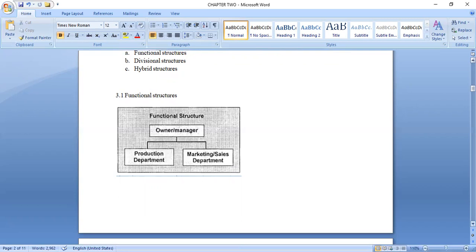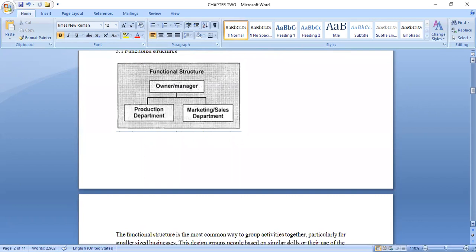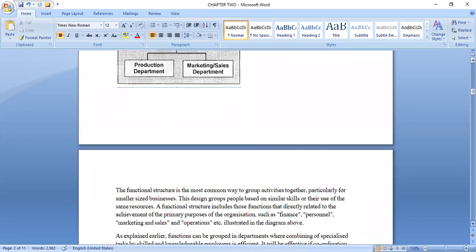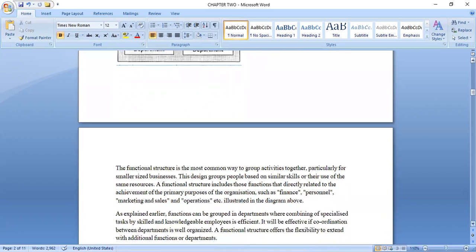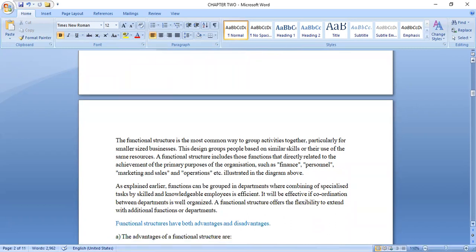We have the production department and the marketing or sales department. Of course, there could be other departments depending on the type of organization, but practically what we need to know about functional structures is that they apply for small businesses, right? So a functional structure is basically applicable for small businesses,